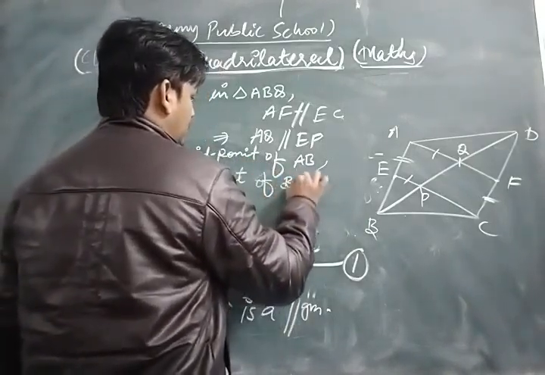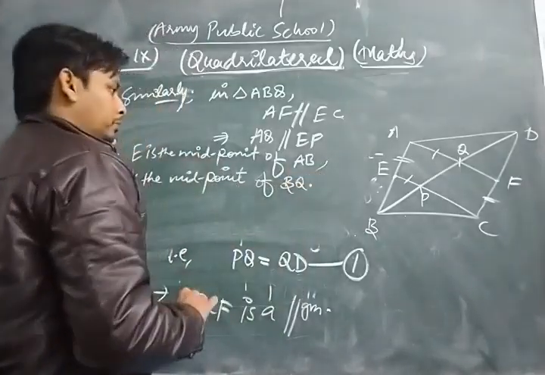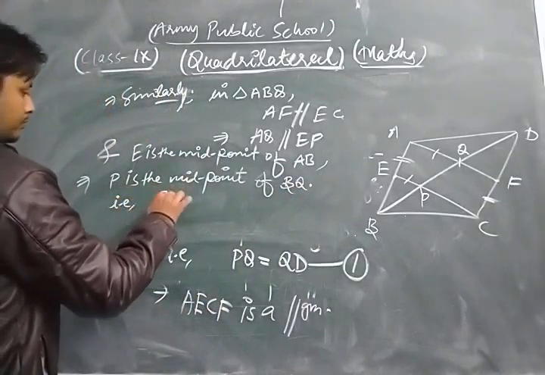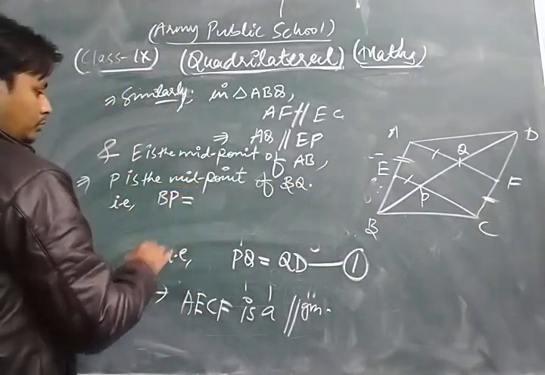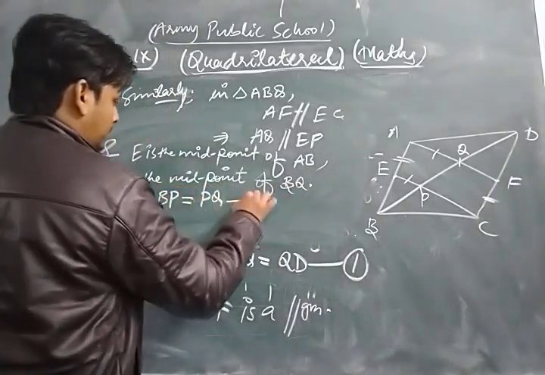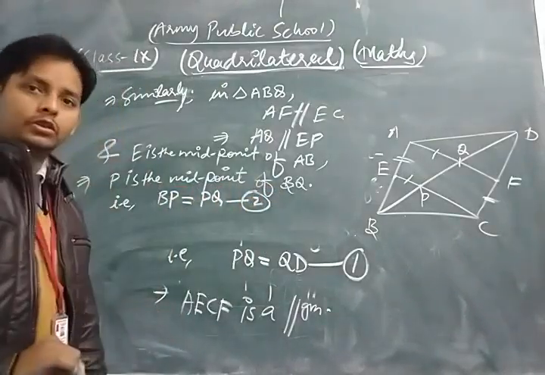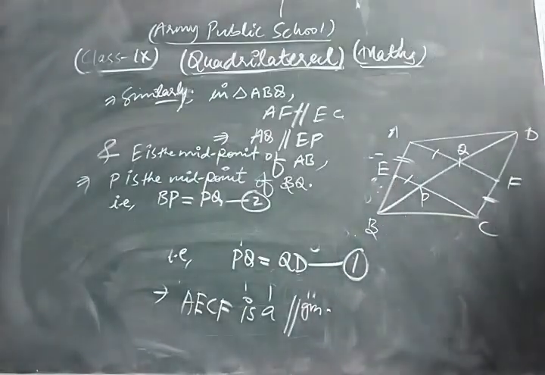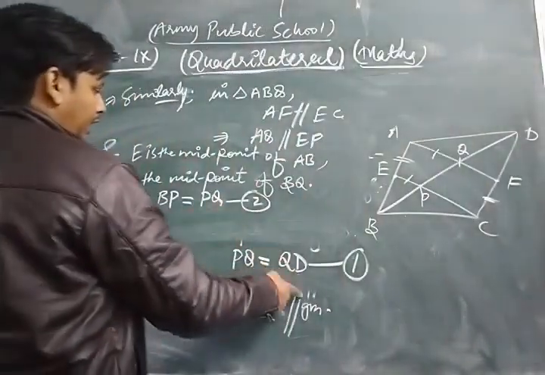That is, BP is equal to PQ. Take this as equation number 2. Now using equations 1 and 2,